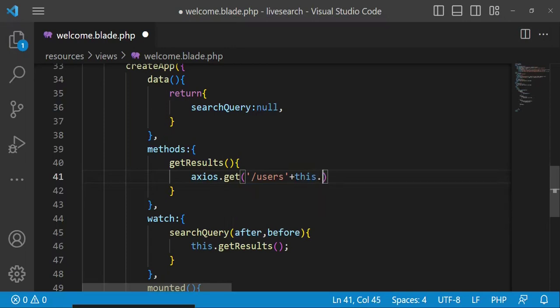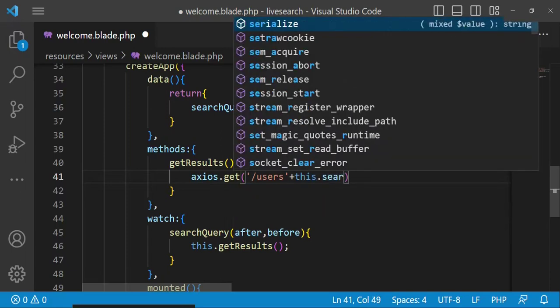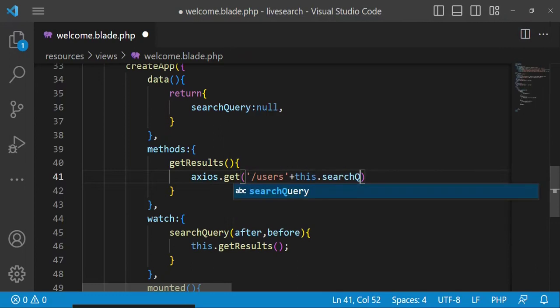So I'm going to just have this.searchQuery like that, this.searchQuery. Then we can have .then